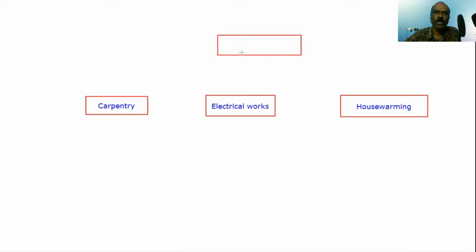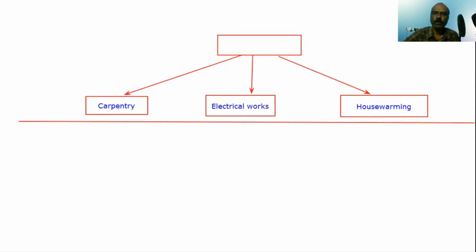And of course, it will also involve shifting items from my old house, right? That could be another work package we are talking about, right? Transport existing goods from the present to the new one, right? So you could have multiple work packages. Let's just look at some of the things that need to be done. Now, this is done at the previous knowledge area where we have different work packages. Now, what we do in schedule management is we are going to break this carpentry further down.